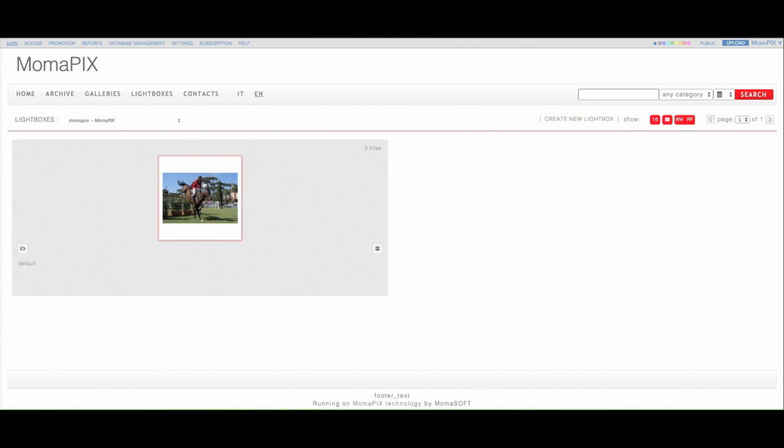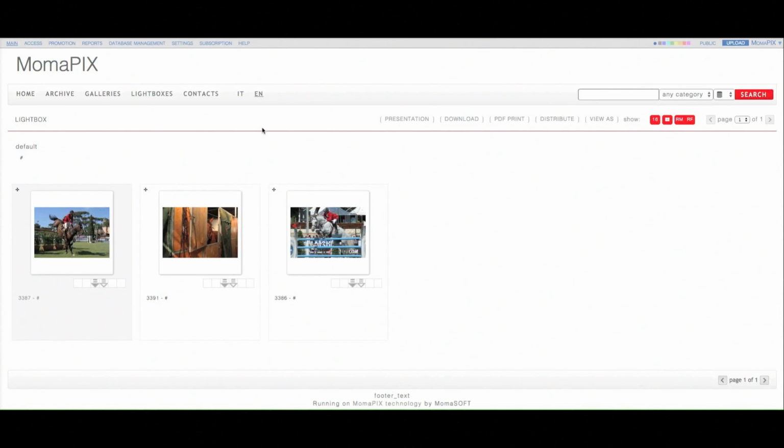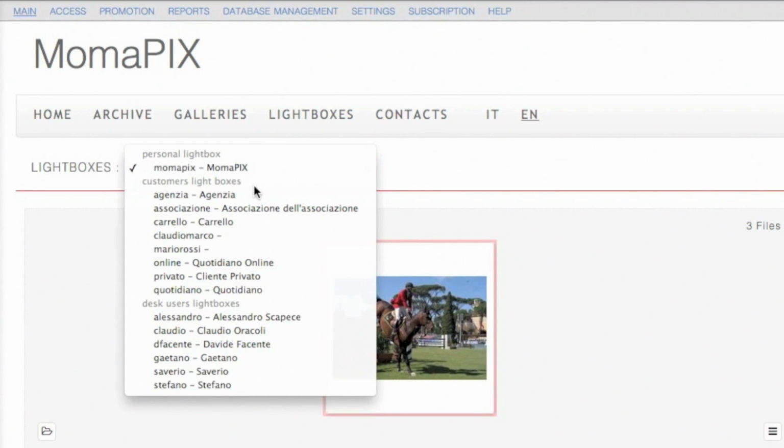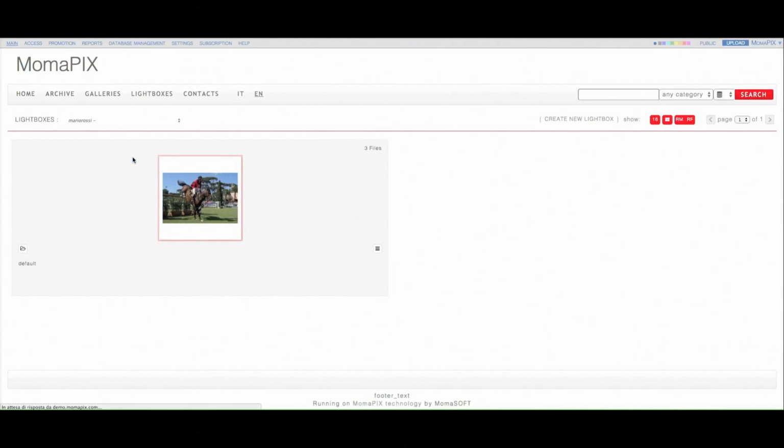For example, the administrator of a photography agency can create a Lightbox and fill it with the most attractive images of a subject, and then make those images accessible for a customer that had requested them through the online folder. It is also possible to propose to more customers at the same time all the photos by linking the Lightbox